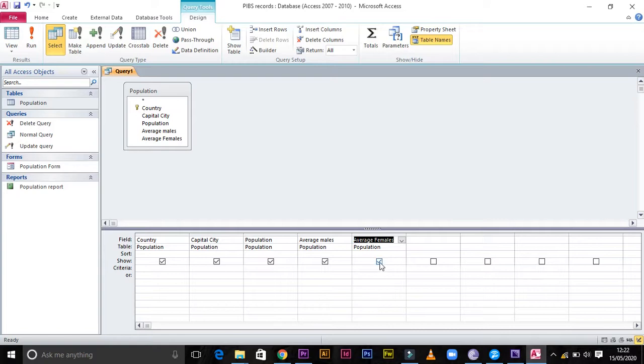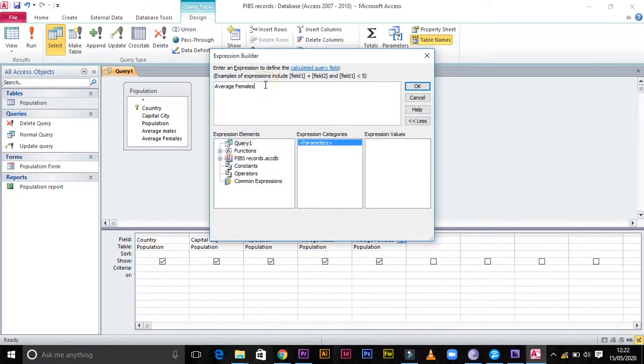And here in calculations, we want to do calculations in a query. So this time you click on the field itself, then you click on builder, or you right click, then you click builder. It is right here. So you can just use this one, builder.